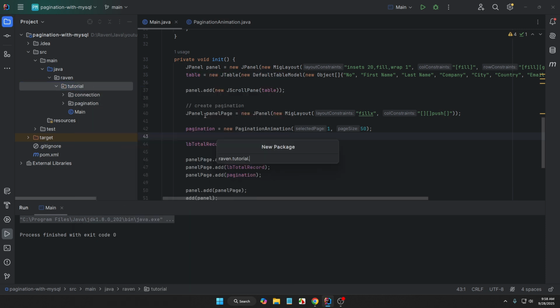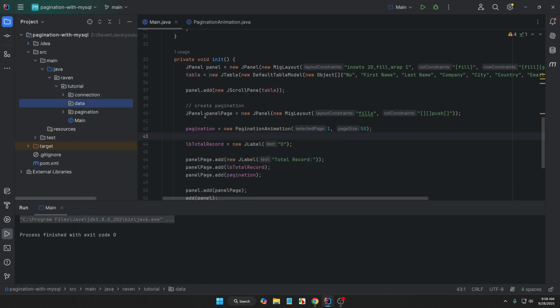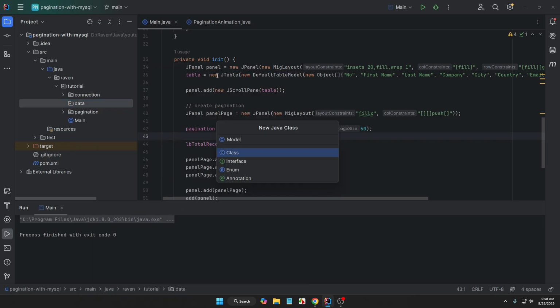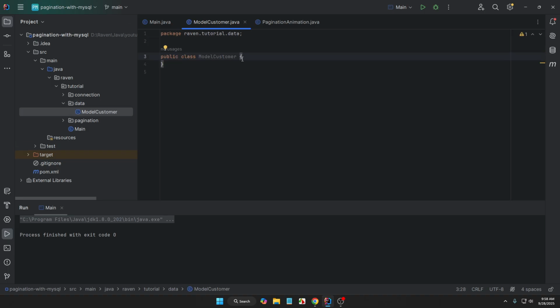For that, I'll create a new package named data, and inside this package, I'll add a new class called model customer. In this class, we'll define all the fields that exist in the customer table from our database. First, we create the customer ID. First name, last name,